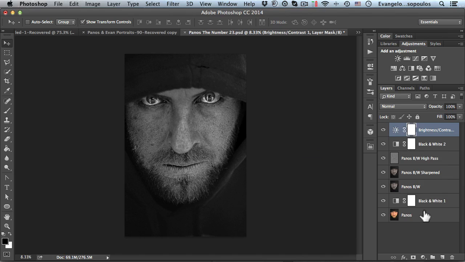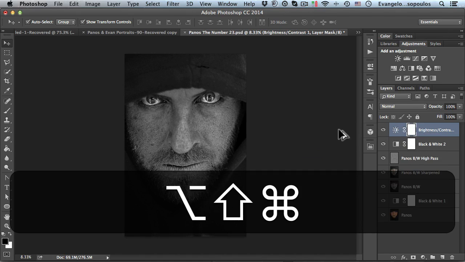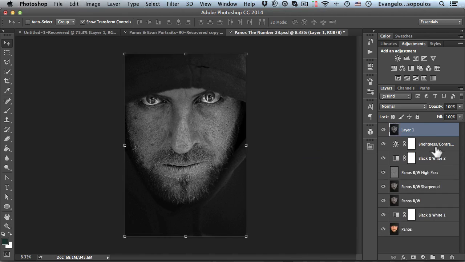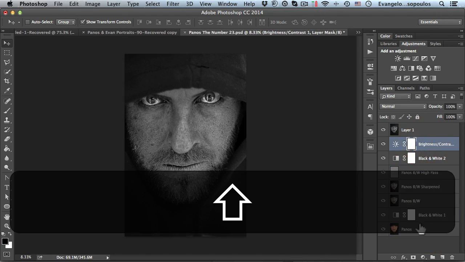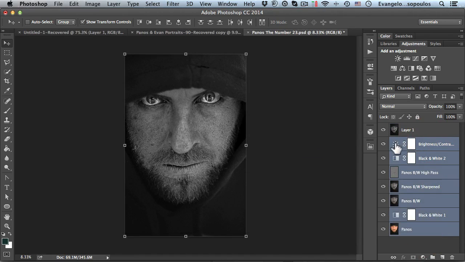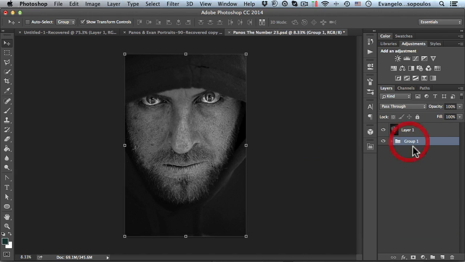So I will create a new merged layer with all the other layers adopted. I will use the shortcut Control Alt Shift and E. Wonderful. I will shift click the first and shift click the last, and I will put them in a folder in order to have fewer layers to pay attention to. So I will just hit the shortcut Control G, Command G on Macintosh, and I will name this